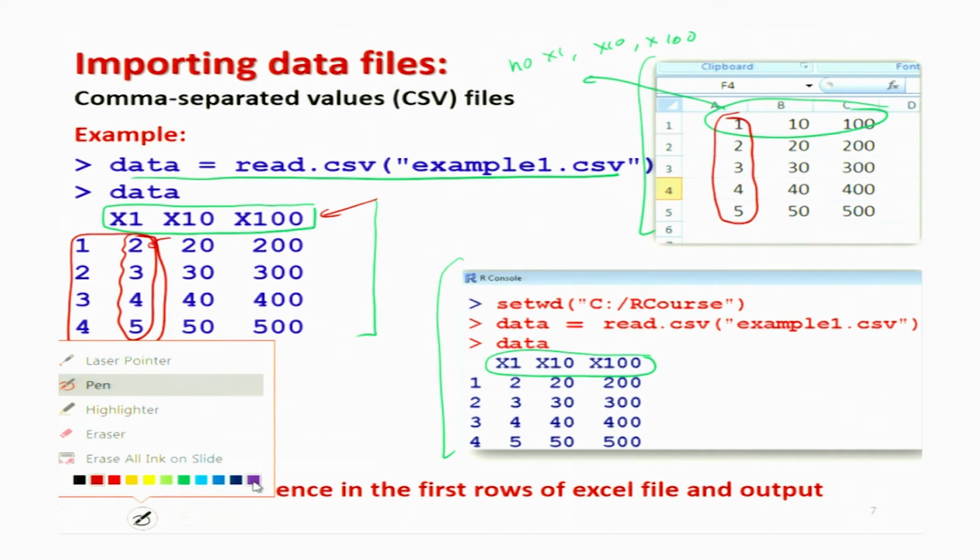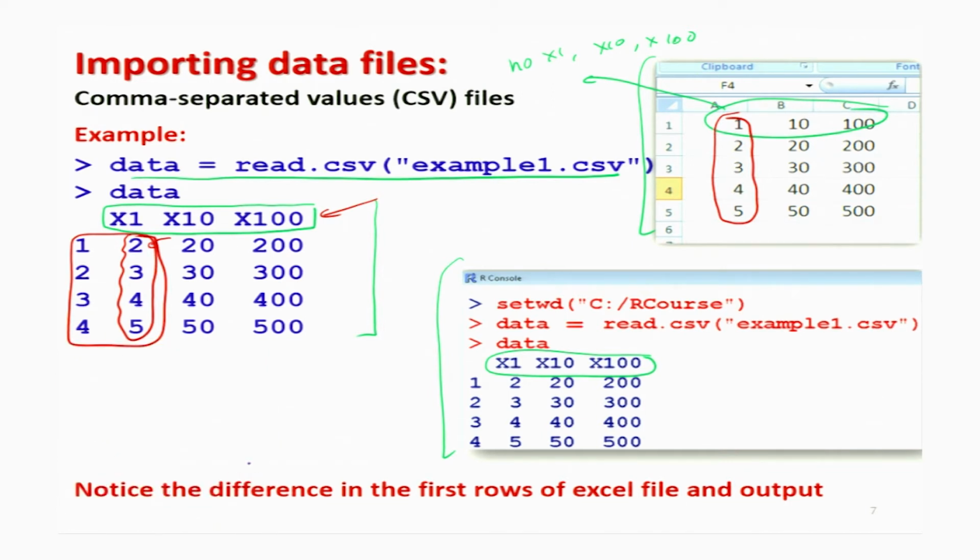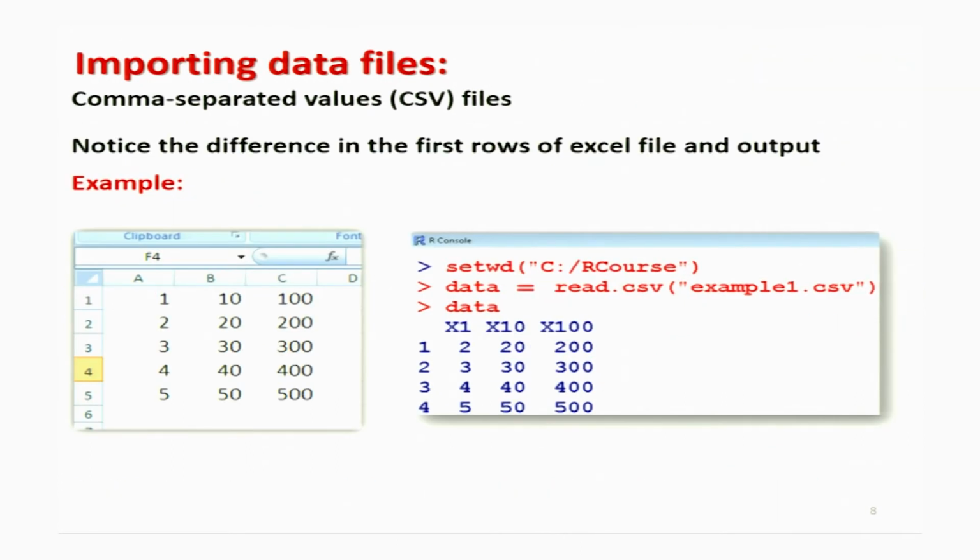Now, before I move forward, let me try to have your attention here. Can you see here what is here 1, what is here 10 and what is here 100? Don't you think that something is happening, that when this structure is imported in the R software, then in the first row this X1, X10, X100 is entered, and this happened automatically. So now we try to understand why this is happening, and you have not done it, but still this is